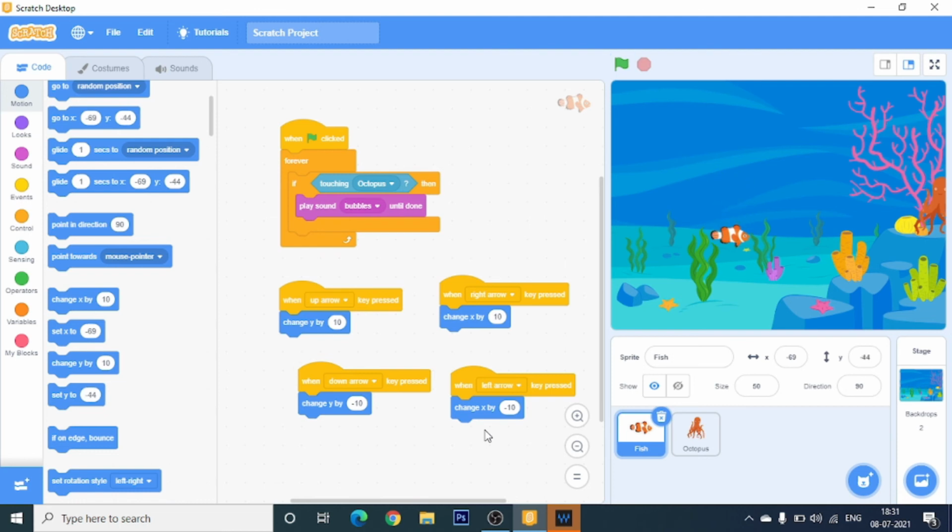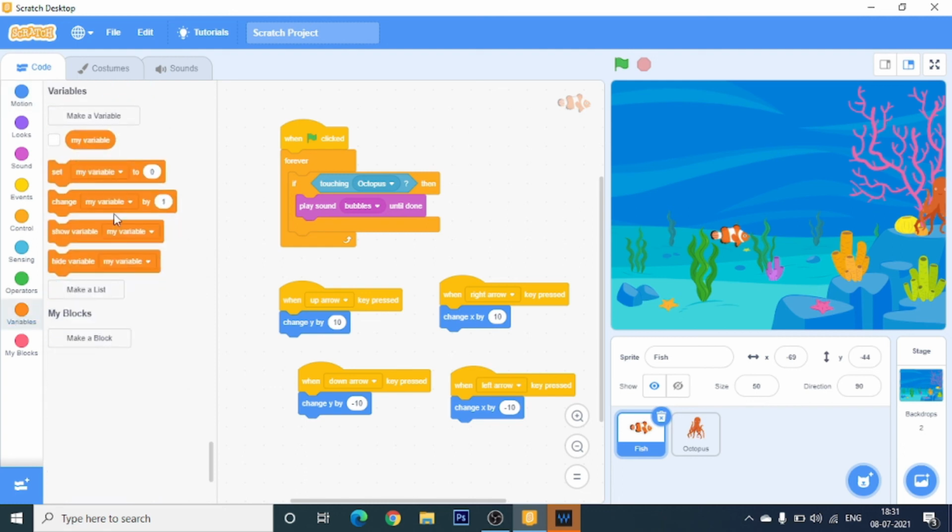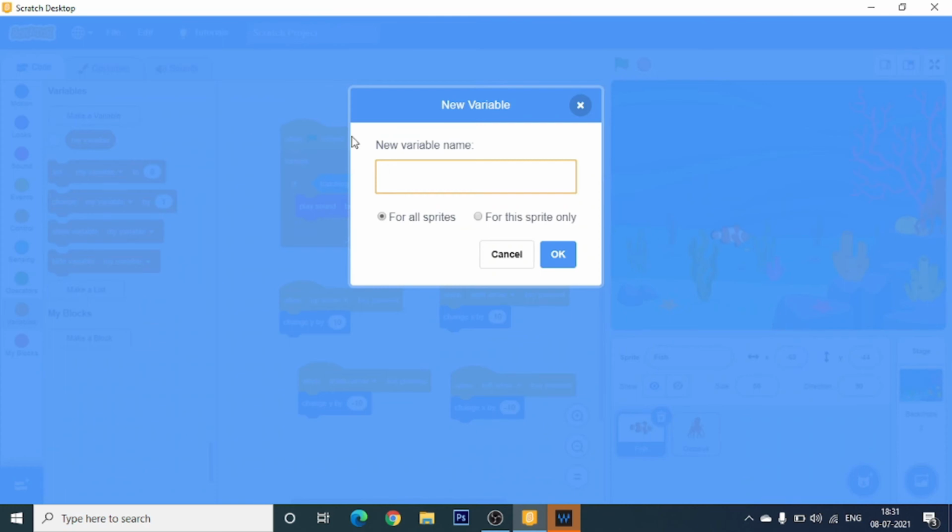Now the final step is left. When the fish will touch the octopus, I take a variable score and my score will be increased by 1. So in the variable category, click on make a variable. Right here, score. Yes, for all sprites only.